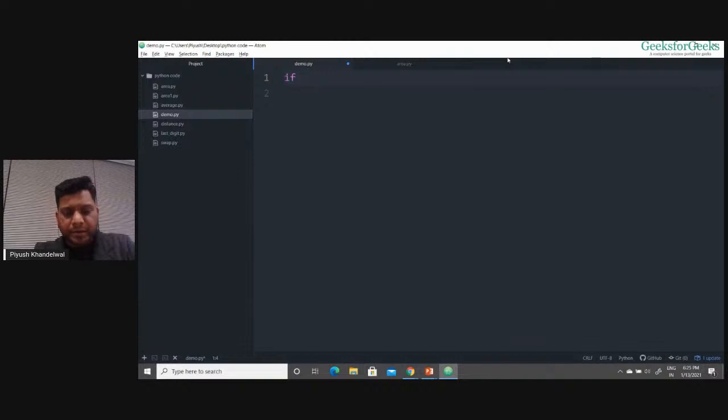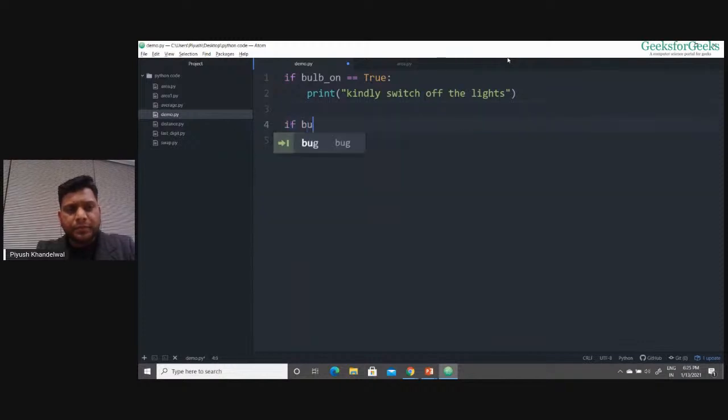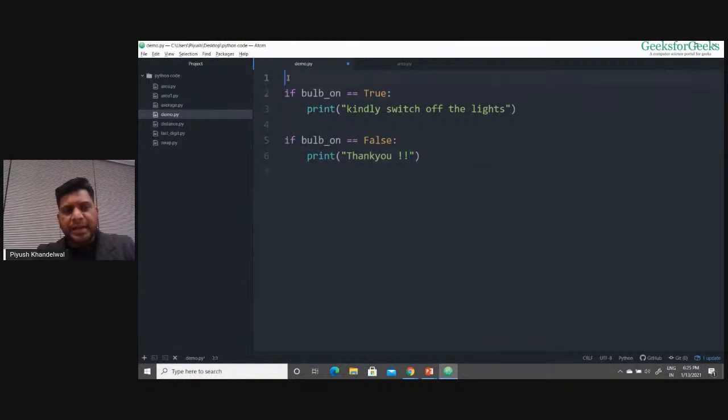Suppose I need to check if bulb on equals to true. And what I need to do? I need to print kindly switch off bulb, right? And we say if bulb on equals to false, I print thank you. Now initially let me set the bulb on to